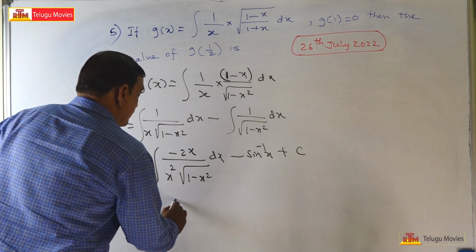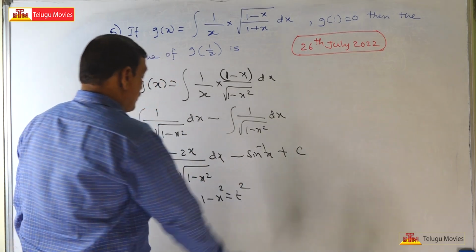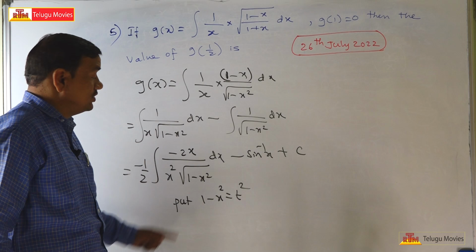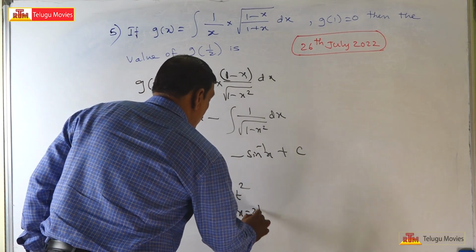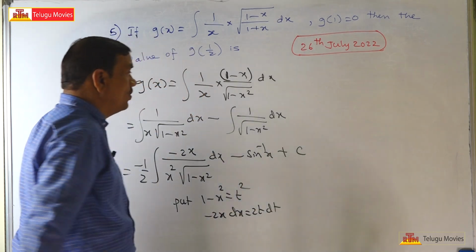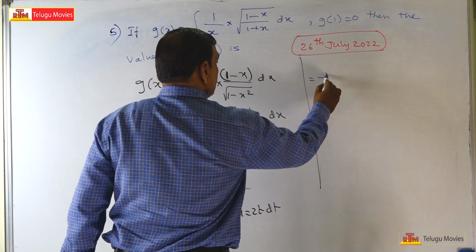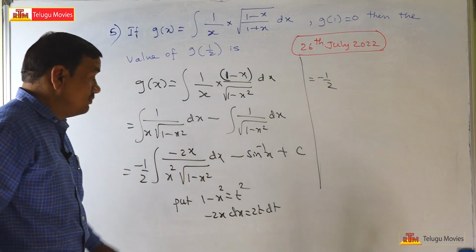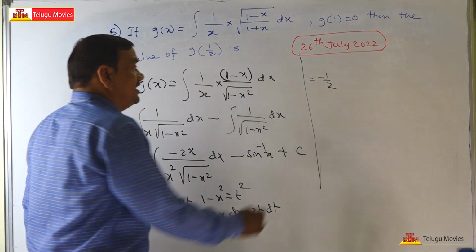So here put 1 minus x square is equal to t square. So this is minus 2x dx is equal to 2t dt. Okay, now your problem will change into minus 1 by 2. Here minus 1 by 2 is there. Minus 2x dx value is 2t